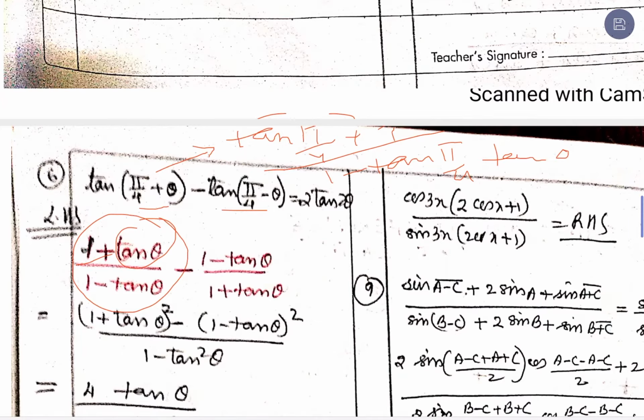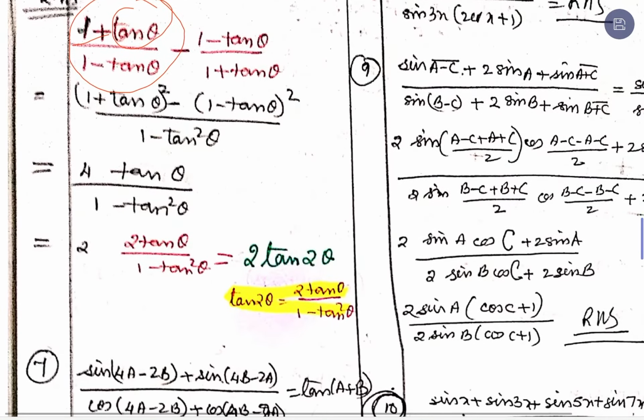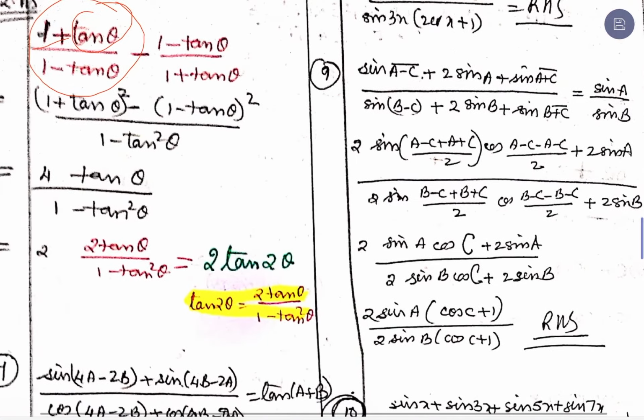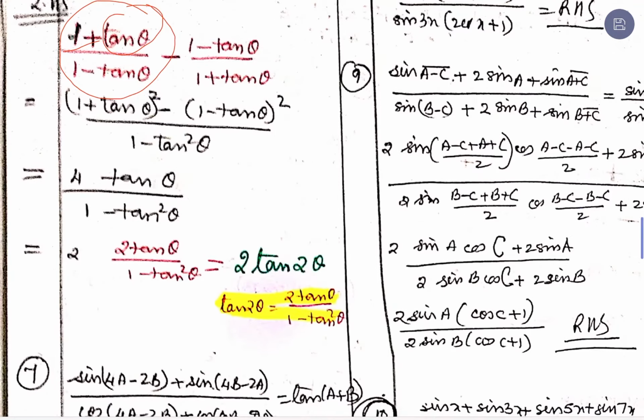Likewise, tan of (pi on 4 minus theta) comes out to be (1 minus tan theta) upon (1 plus tan theta), which is simplified further with the help of algebra, that is we add the two expressions by taking the LCM. When you simplify it, the denominator becomes 1 minus tan square theta, and the numerator has the squares: (1 plus tan theta) whole square and (1 minus tan theta) whole square, to be expanded.